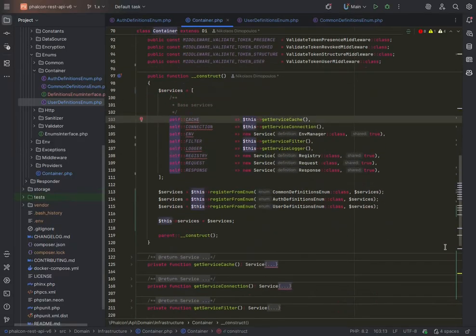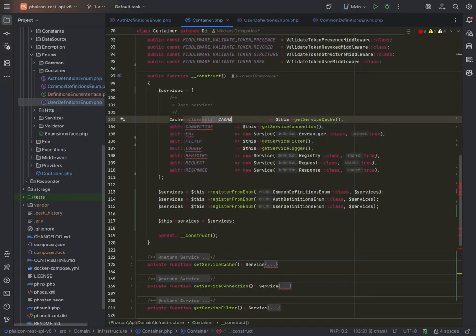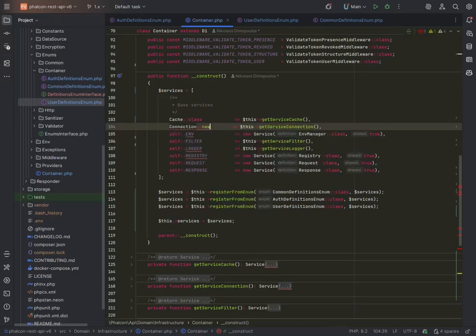So for this one, the self cache, we're going to do cache, which is the Phalcon cache class, and this is how we're going to refer to it from now on. Connection class. And I'm saying refer to it because this is what the application will look for as far as the DI container is concerned. The env will be the env manager